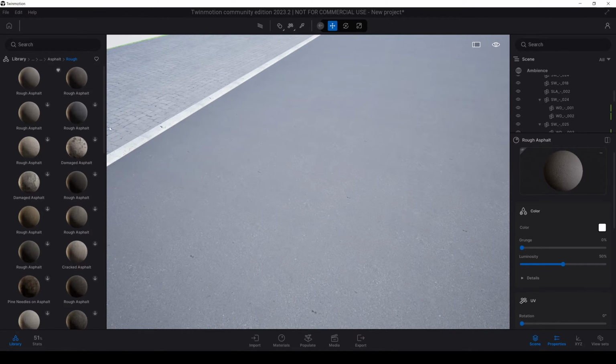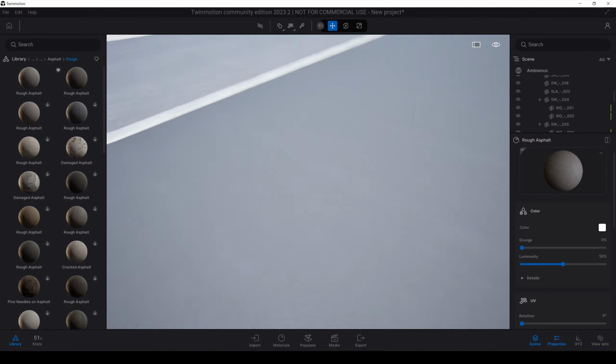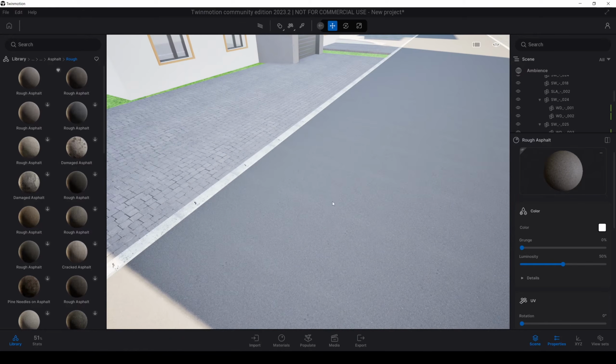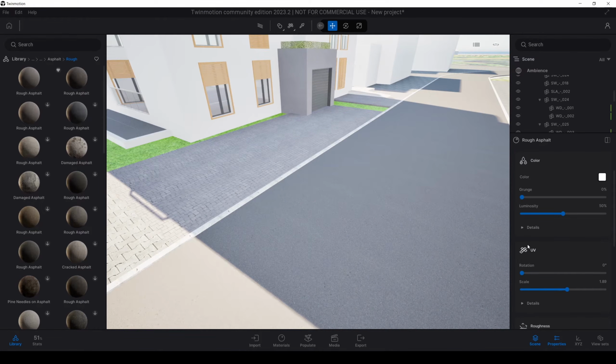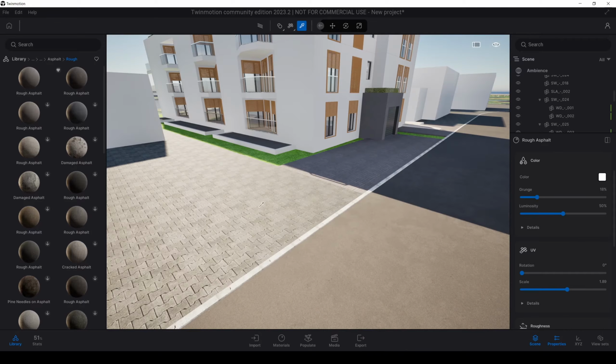The texture is this. And this is the second texture, and I like this more. Let's use this. There you go. Now adding some grunge will be better for the road. Also to other ground texture.